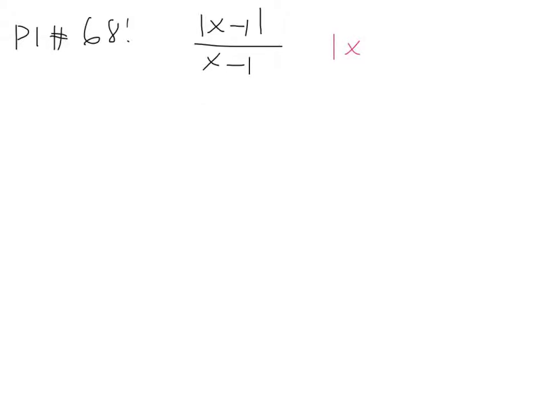is that the absolute value of x minus a is just x minus a if x is greater than or equal to a, and it's minus x minus a if x is less than a. It's a little squished there. So what I really want to do is break this down into two separate fractions, a plus for x greater than, in this case, our a is 1, and a minus,